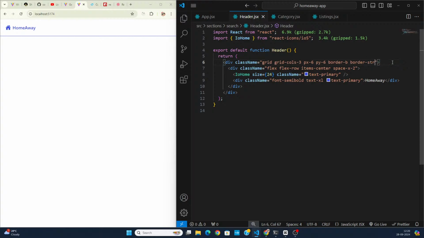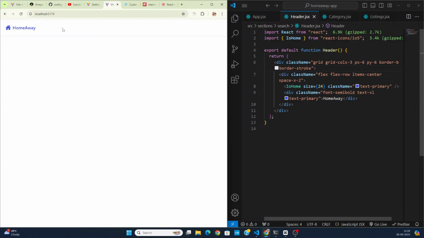Okay, this is going to look way better. Now after writing this, you can see it's a very light gray color, which is looking very nice. So this is what we have built till now. So the first section is complete. We have created this home away section, but I want to make just one change over here, and that is